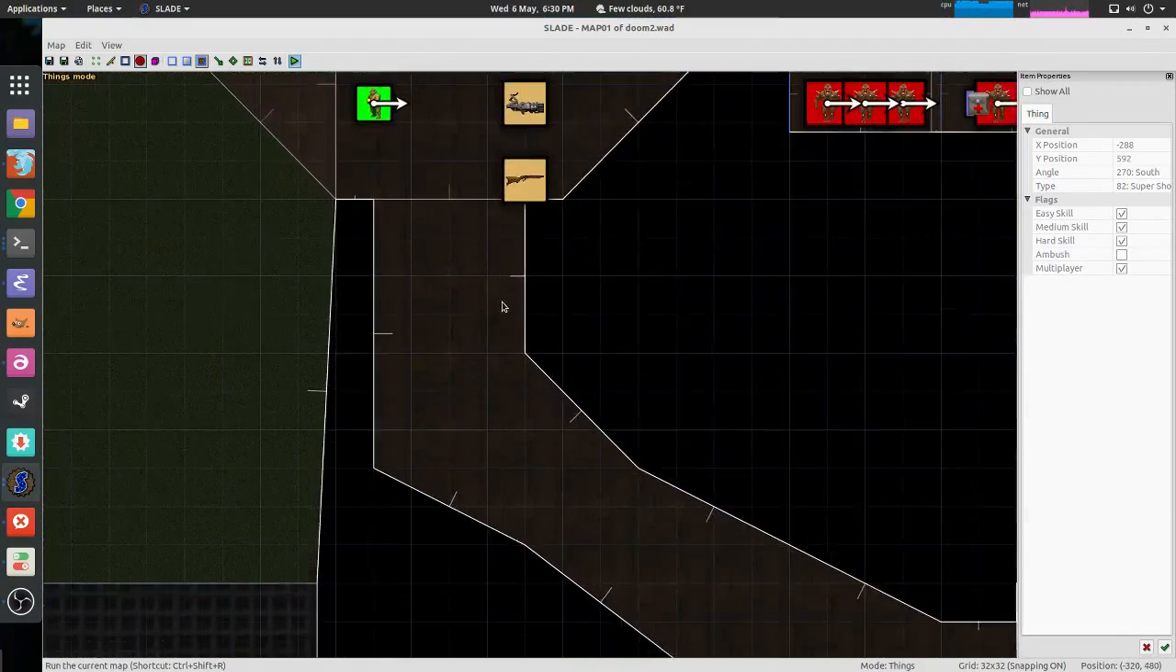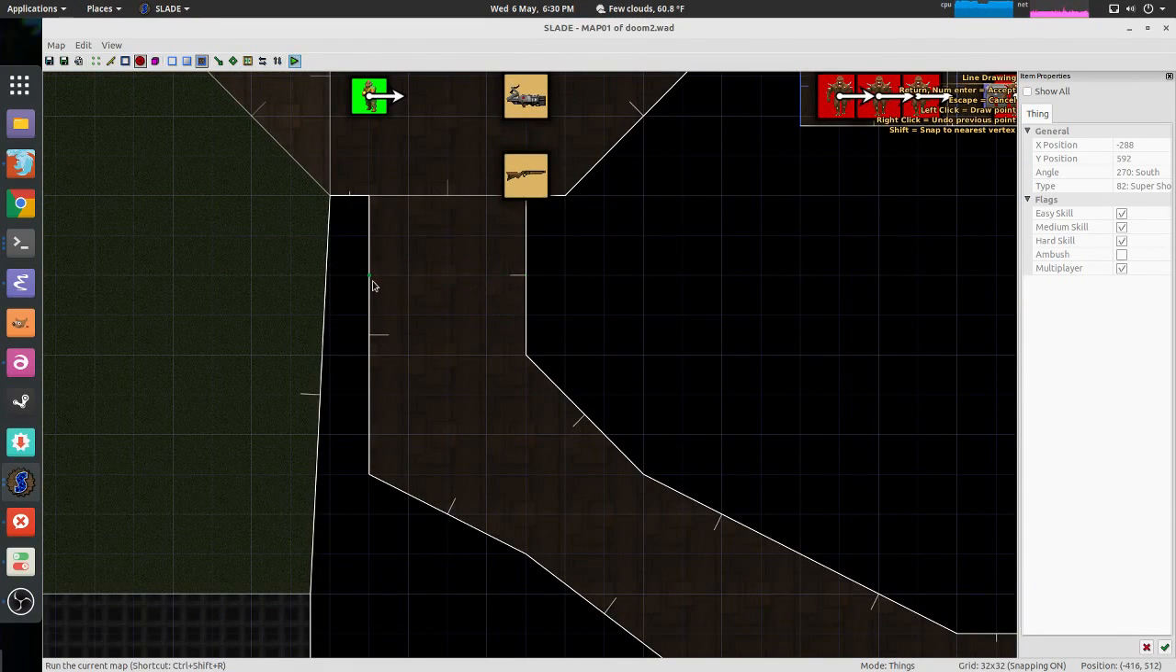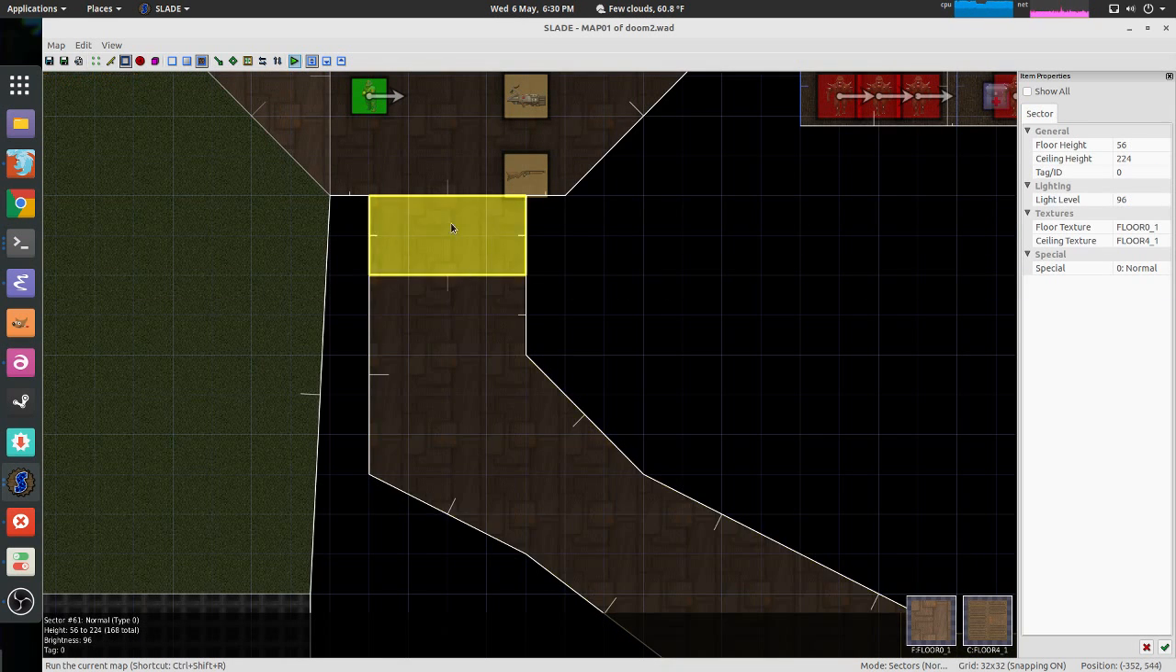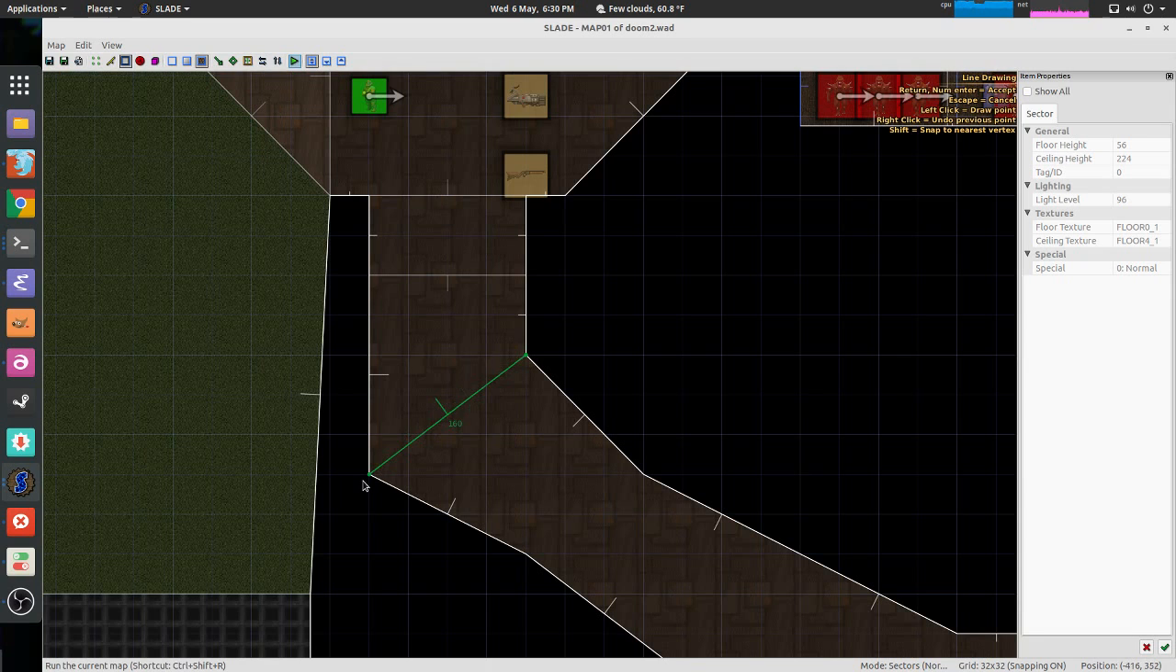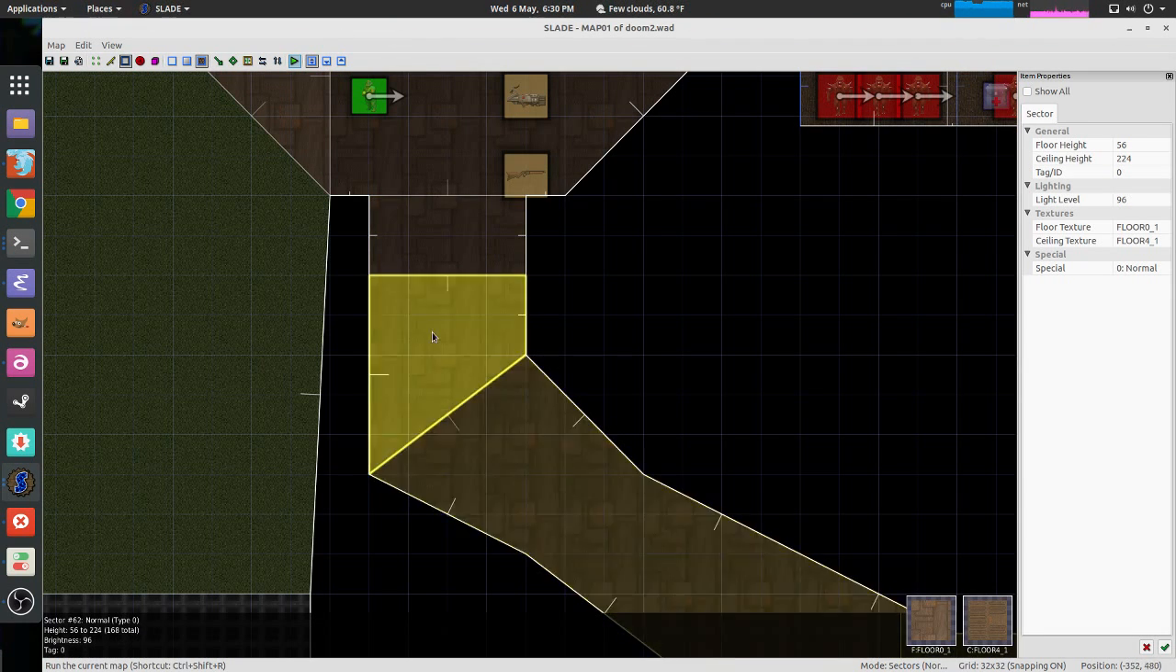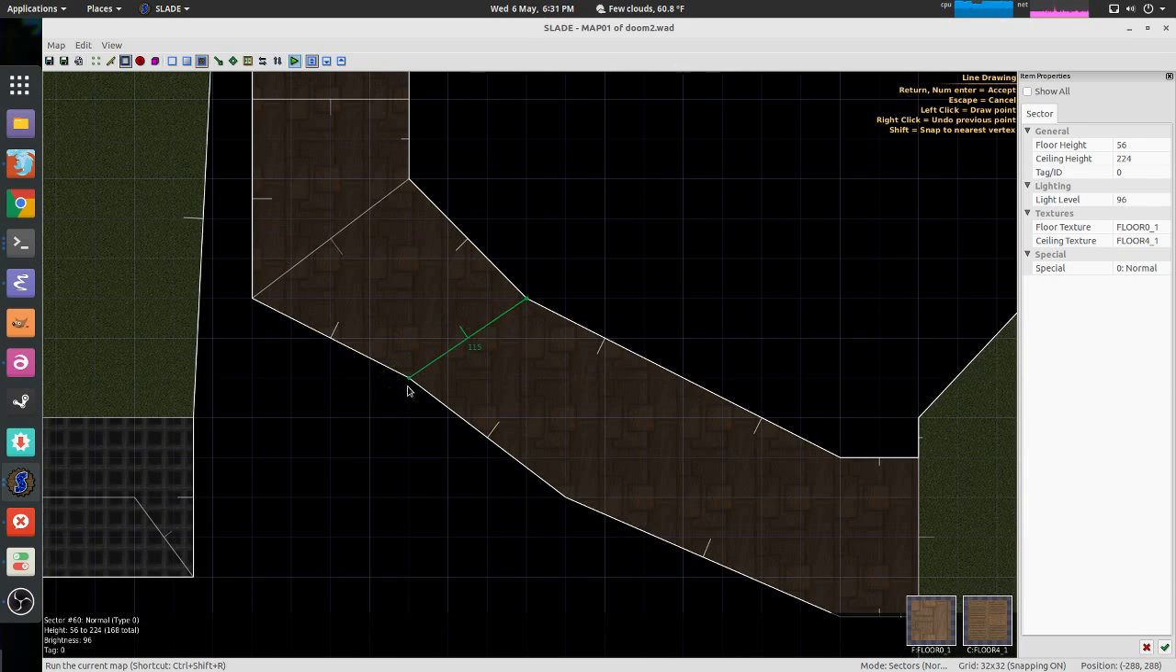Okay, so now what I'm going to do is create some new linedefs here that are going to subdivide this sector. And Slade is very polite and smart about it, and it just says when you create a linedef that bisects a sector, then just create a whole new sector. And this is going to be some pretty